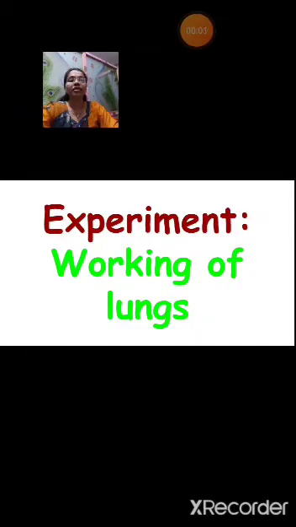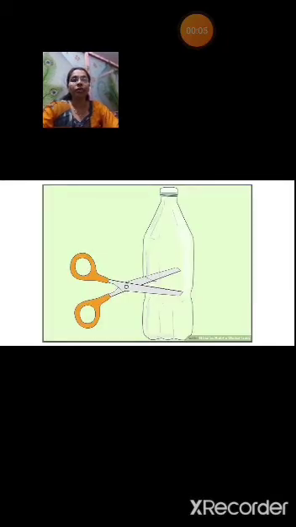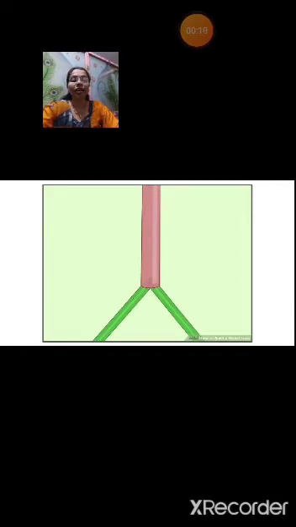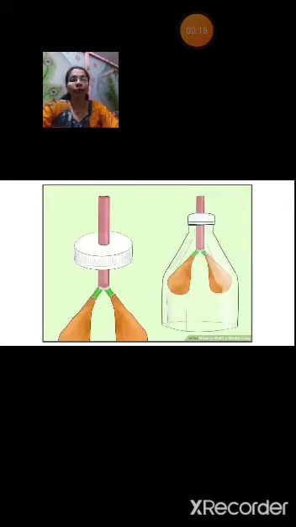To understand the expansion of the lungs, there is an activity. Take a plastic bottle, it should be wide. Remove its bottom. Now take a Y-shaped glass tube or plastic tube. Make a hole in the lid of the bottle so that the tube may pass through it. To the forked end of the tube, fix two deflated balloons. Insert the tube in the bottle as shown on the screen. Now cap the bottle. Make it airtight by sealing it properly.